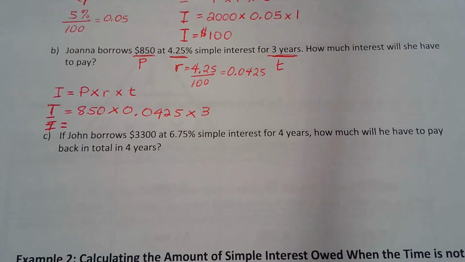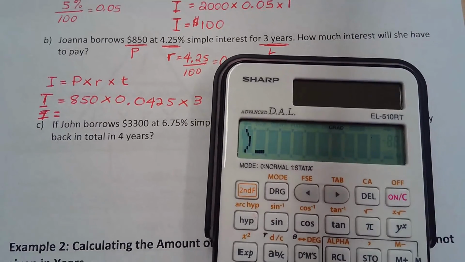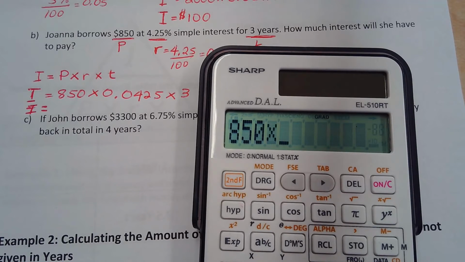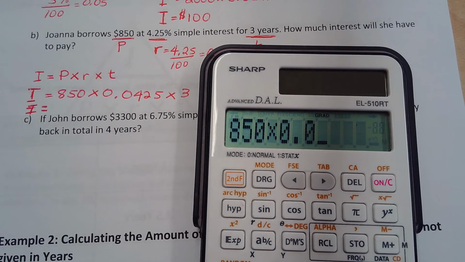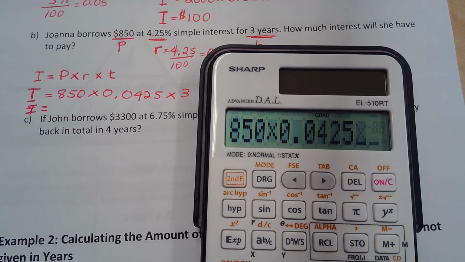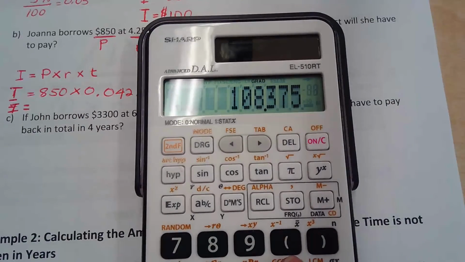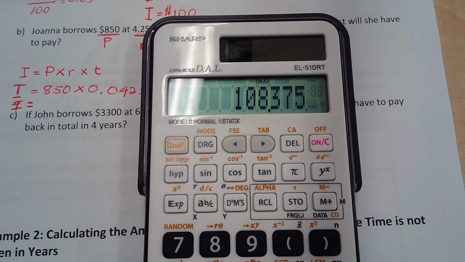I is equal to, okay, I don't know what it is. 8.38. Okay, so this is what I got, 108.375. Okay, we're talking about money, so